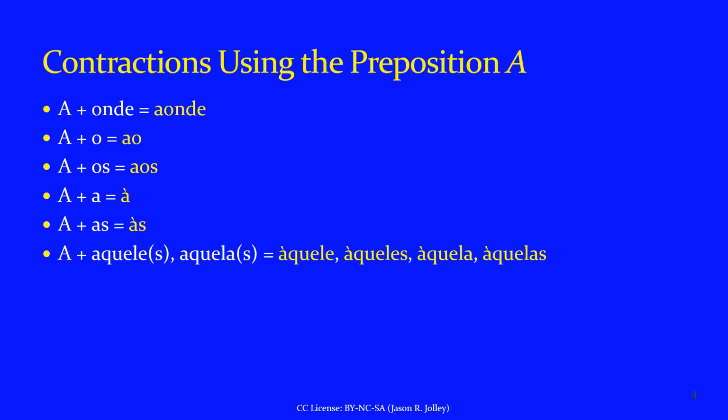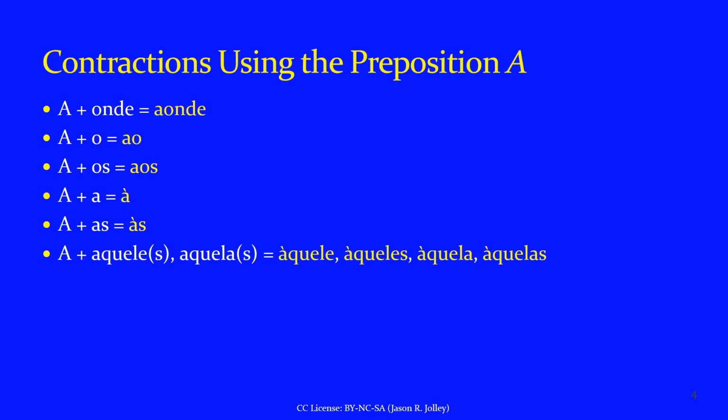Okay, so here's the first grouping, and I've decided to present the prepositions in alphabetical order. So we're starting off with the preposition a, which forms combinations and contractions with the other words or forms you see on this slide. Now, I'm not going to go through and pronounce each of these because as we move through the lesson, it would just be way too many. So you can see them here on the slide, and just wanted to point out that the last three forms,